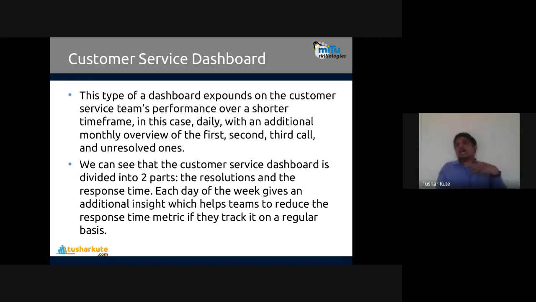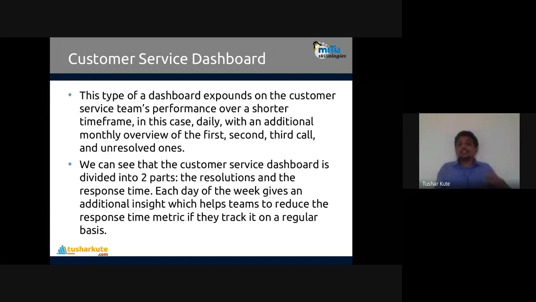A service is provided by the company, the customer needs a service, the customer will contact us, and based on that we are providing the services, the calls, the interaction toward the customer. So we can see there are two parts, resolution and response time.